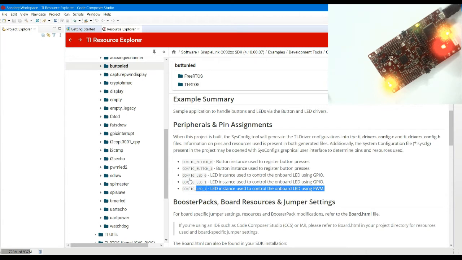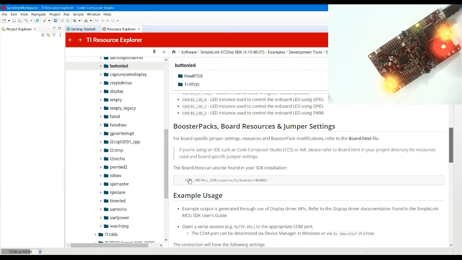So we all know how to just glow an LED, or increase or decrease the brightness of an LED, or pulsate an LED using PWM duty cycle. So that is what is done for the third LED. Now for all those who have messed up with the jumper settings, there is one particular file which is called